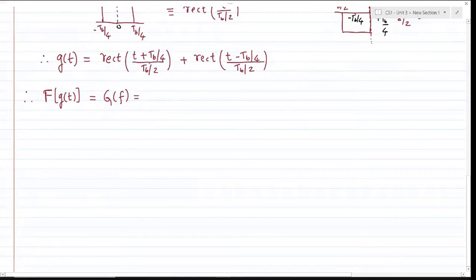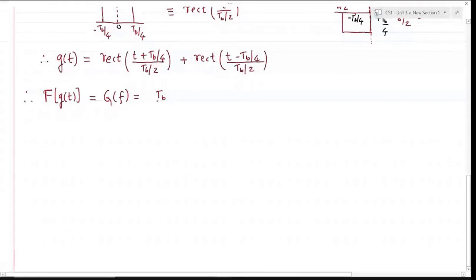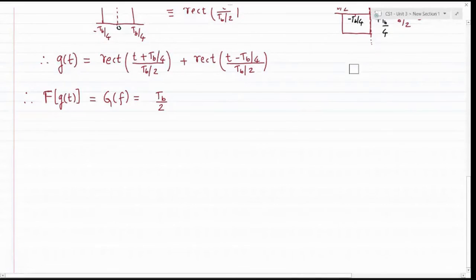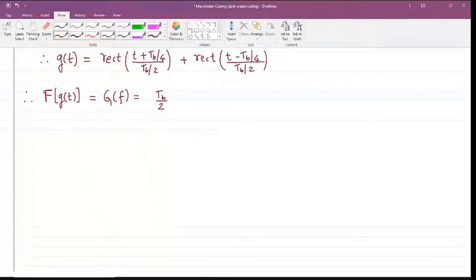Now this is a time-shifted version of the same rectangular function, so utilizing the time shifting property of the Fourier transform, I can write G of f. The amplitude is tb over 2, because I know, please make sure that you know this relation. I have written that already, but just for the sake of clarity,